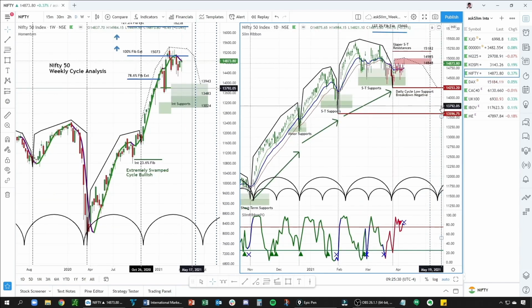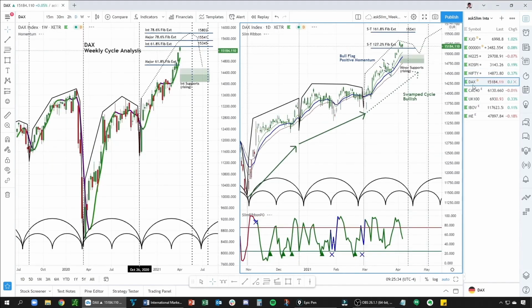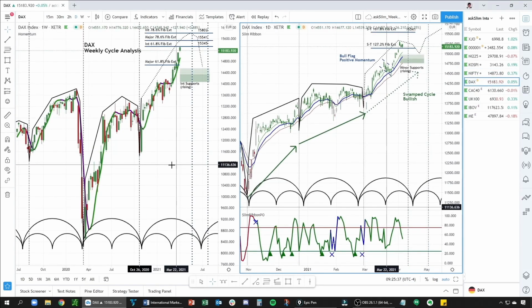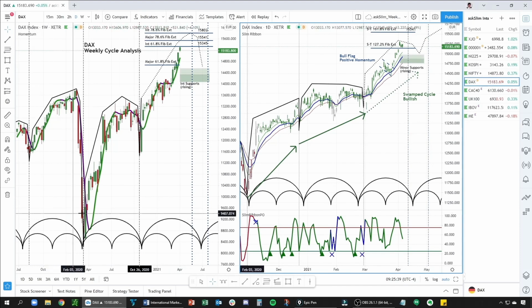So now let's go ahead and shift over to Europe, and we'll look at the German DAX. So this is a super powerful chart. Why? Let's go ahead and walk through it. On the weekly time frame, you can see the large sell-off that we had with COVID. Then we formed this beautiful basing cycle with a cycle low that was higher than the prior cycle low. And then we got through that old cycle high, which confirmed the base and set us up for a much